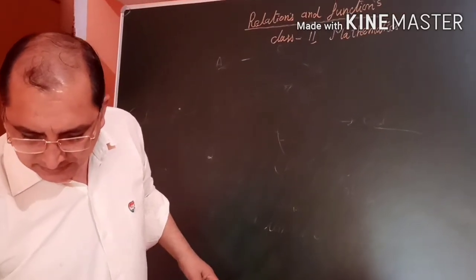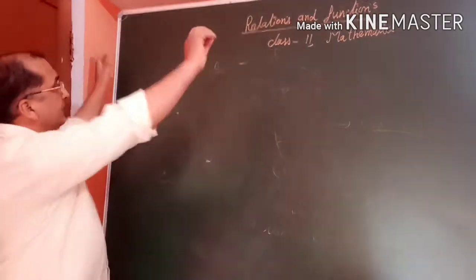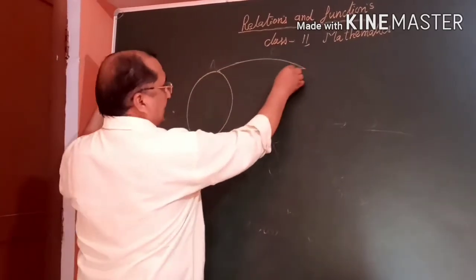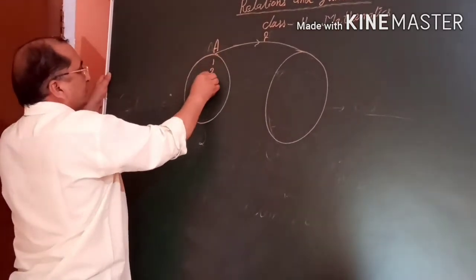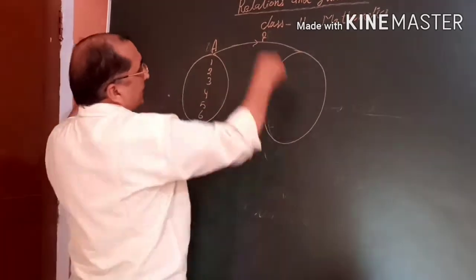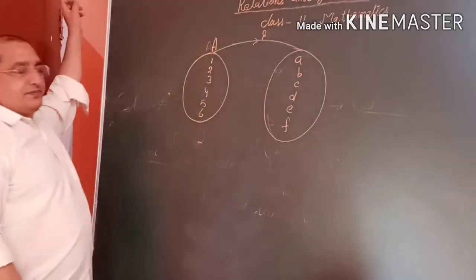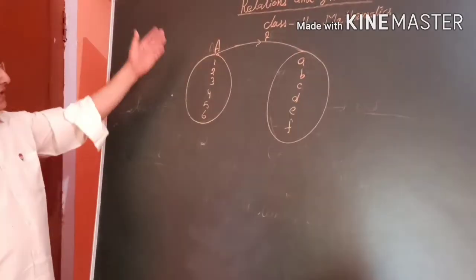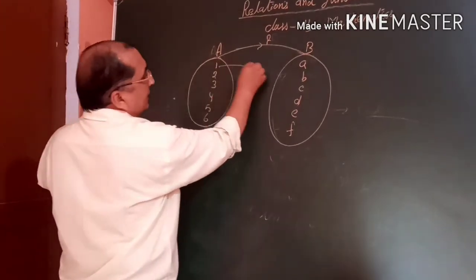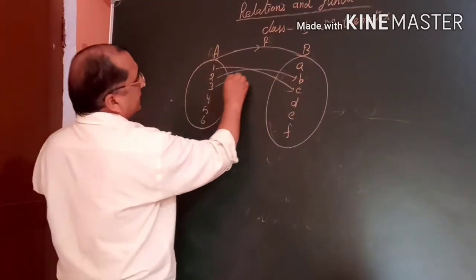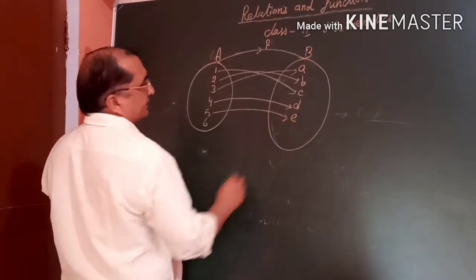Some questions are given like this: we have two sets, A equal to 1, 2, 3, 4, 5, 6, and B is the set A, B, C, D, E, F. We know that in relations all the elements are related to the elements of B. This is set A and this is set B, and 1 is related to C, 2 is related to this one, 3 is related to A, 4 is related to D also, and 5 is related to E,